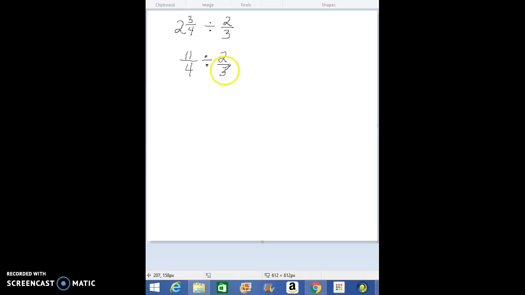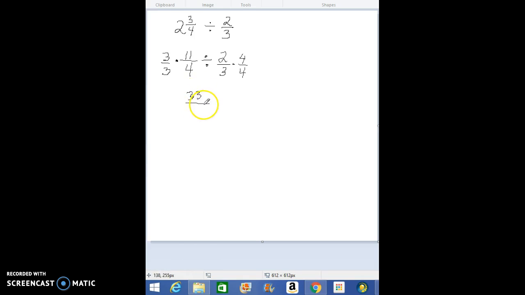So that's where the common denominator comes in. If I'm going to rely on using the number of pieces, I have to have the same size of pieces. Well, we know how to do this. So I am going to get a common denominator. So if I multiply this one by 3 over 3 and this one by 4 over 4,